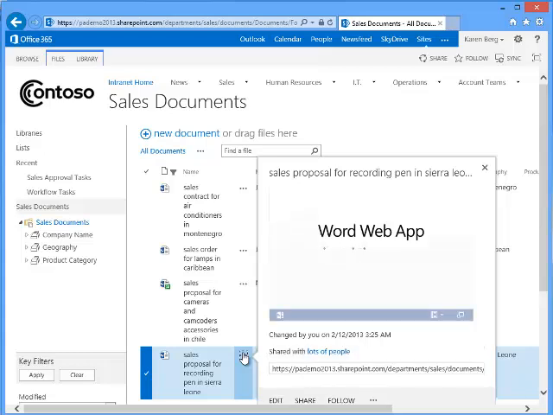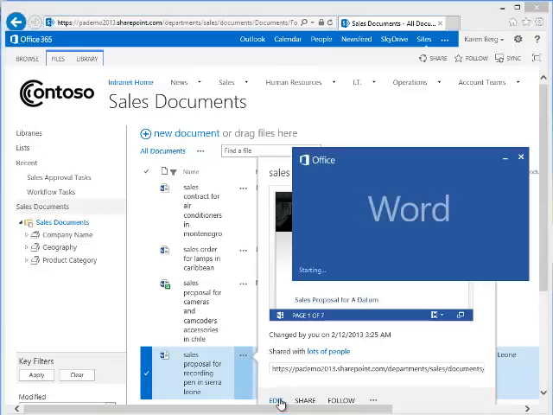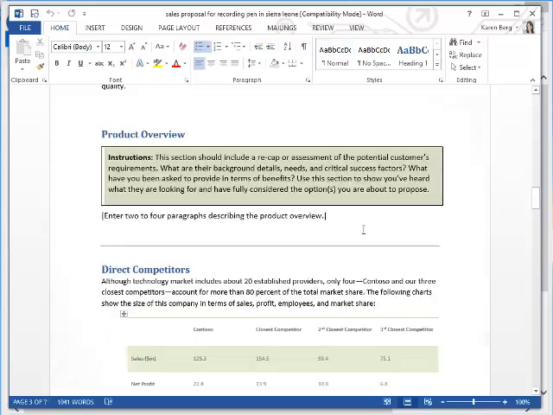But before I make those document edits, I can select the document and see a preview of the document in the browser. It's a great new feature that allows me to make sure that the document I'm changing is actually the one I'm really interested in. And Word 2013 has another great feature which sends me back to the last paragraph that I've been working on. So now I've jumped down to the product overview where I was working on last,